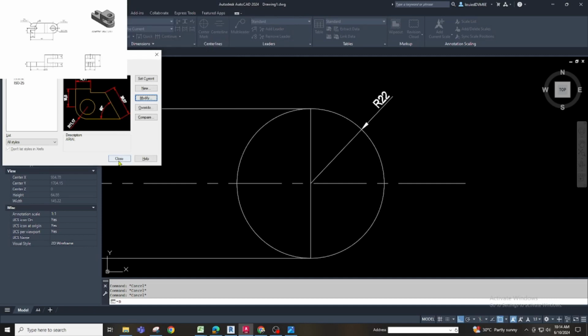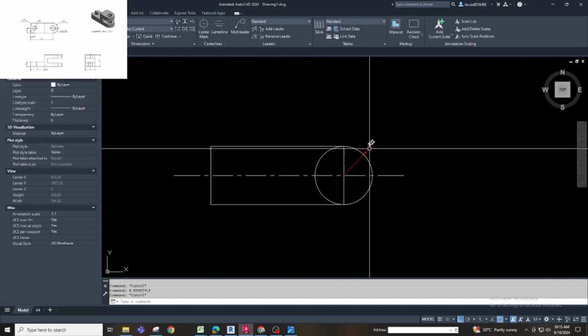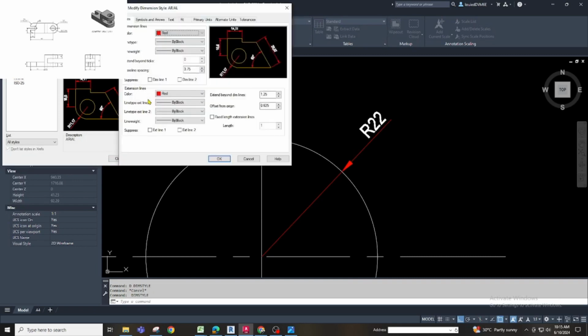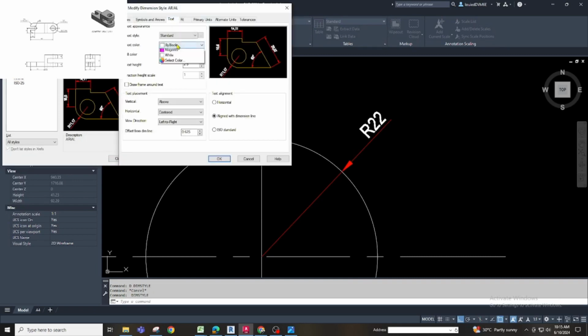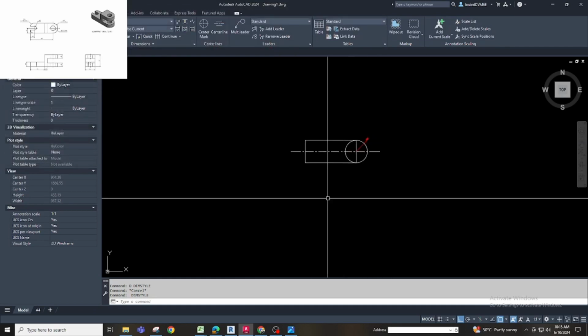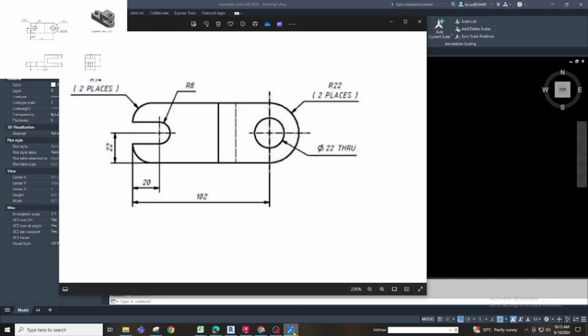Also the text, we can create also the text to be a red one. So choose red one, right? Okay, yeah, that's it.